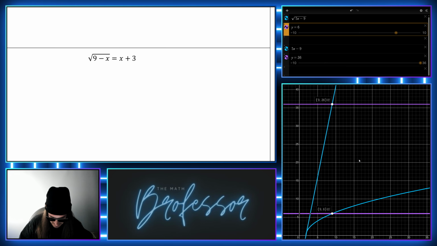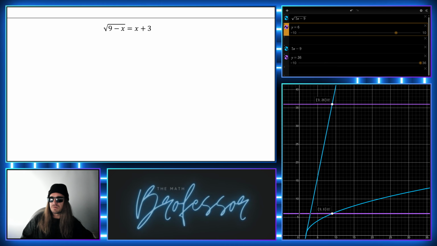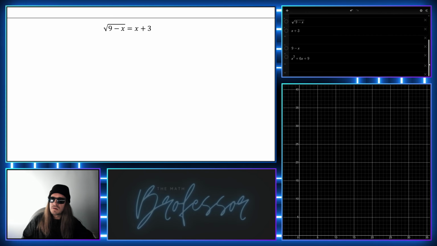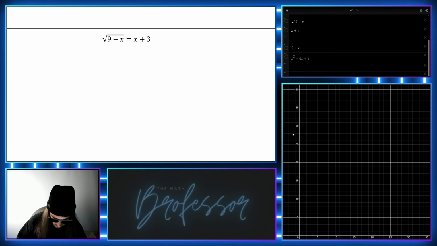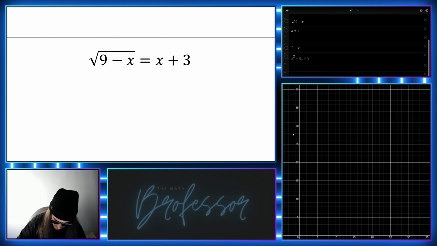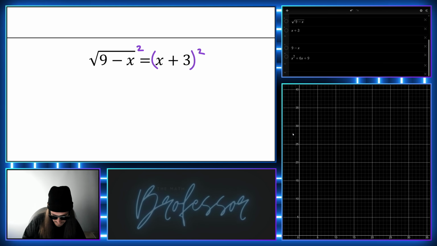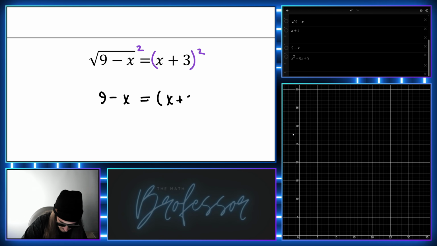Now let's make things a little more interesting. Here we go. We have another one. I'm going to get my graphs ready. Okay, so right away we have a square root. That's the first thing we're going to have to deal with. We need to get rid of the square root. The inverse of the square root is to square both sides. So we're going to square both sides here, and this gives us 9 minus x equals x plus 3